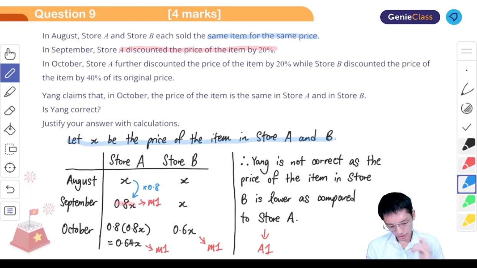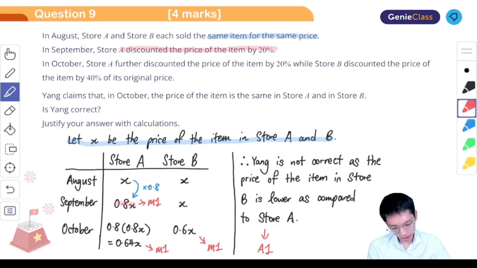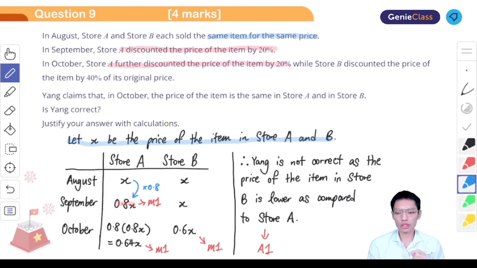Store B, what do they do? Okay, we further discount the price by 20%. Now that is the main focus over here that some of you may have got wrong. Because when we take a further discount, it's not 0.8 minus 0.2. We are taking, okay,